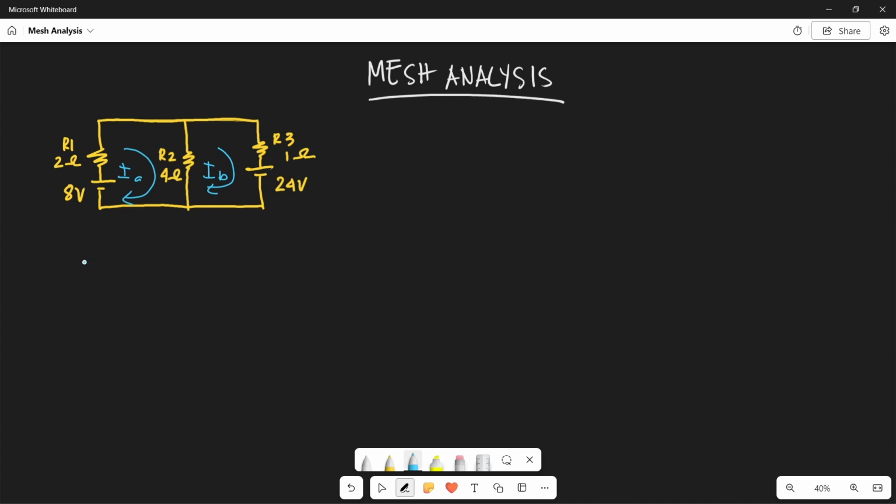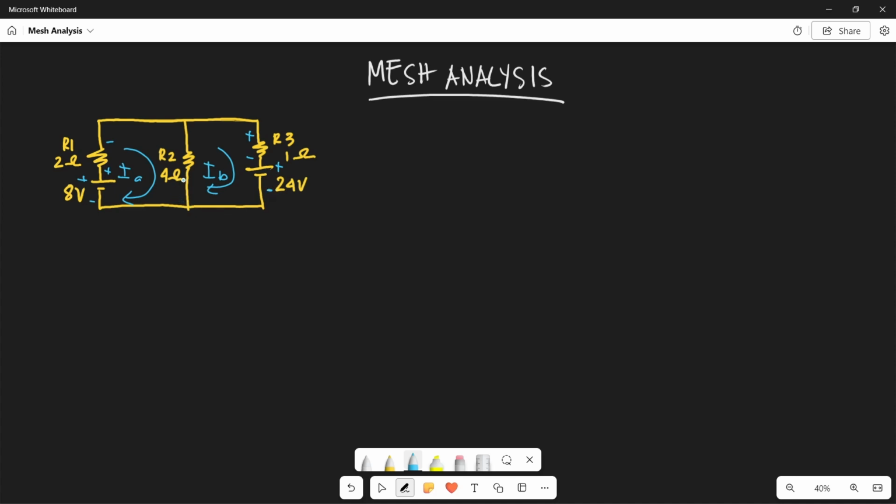Okay. And then we will have a convention. So this will be negative and positive. And then for the resistors, the current enters the positive terminal and leaves the negative terminal. So this one will be positive and this one will be negative. And then this one will be positive because the current goes in this direction, and this one will be negative. And then this is the battery, this is the positive terminal and negative.